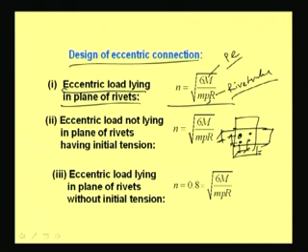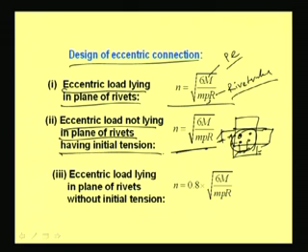Then after detailing of this we will check tau Vf cal, how much shear stress is coming and how much tensile stress is coming, and whether it is under permissible limit or not, that we have to check. If it is okay, then fine, otherwise you have to increase either the number of rivets or some dimensions. Okay. Another case is that eccentric load not lying in plane